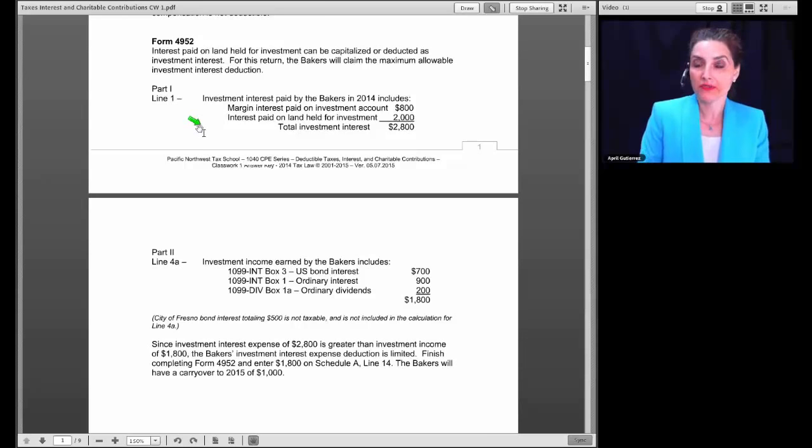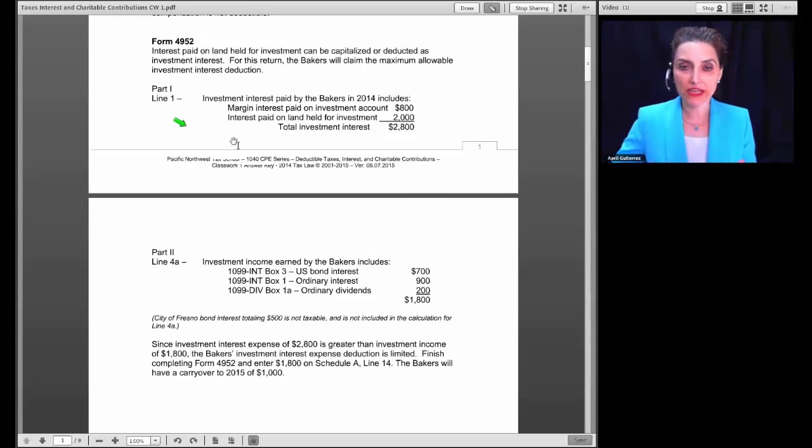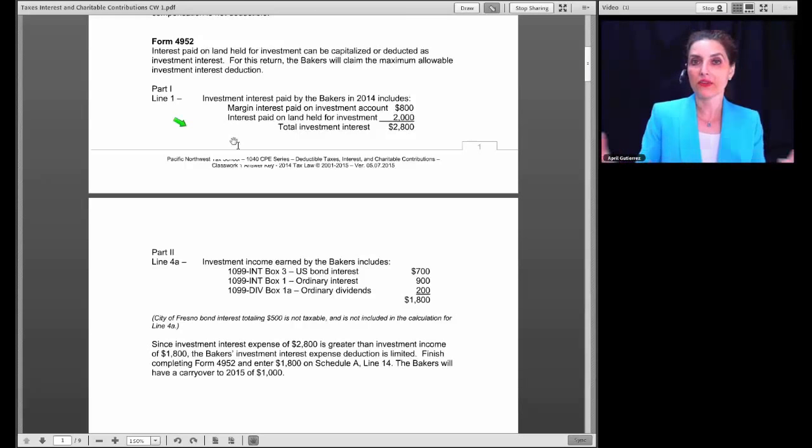It's possible, if the land is being held for investment purposes, and we're going to assume that in this case, that the interest paid on that vacant land could be deducted as investment expense. Now, one thing I should tell you is that it is possible at the time you acquire vacant land to make a decision to capitalize your interest and not deduct it at all. Whether you capitalize it and deduct it at the time you sell it, or whether you claim it as investment interest expense and carry it forward over time, either way, you're essentially deferring that interest to a later point in time. But in this situation, we're going to assume that he's going to be attempting to deduct it,